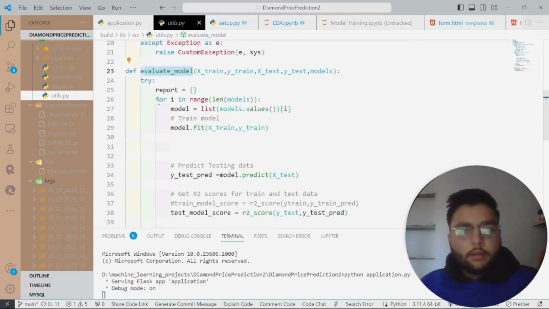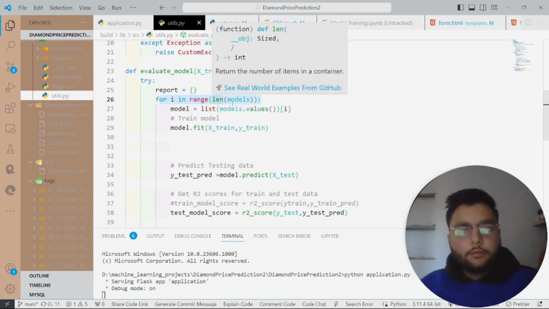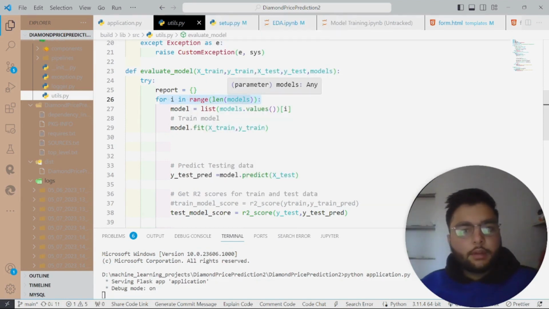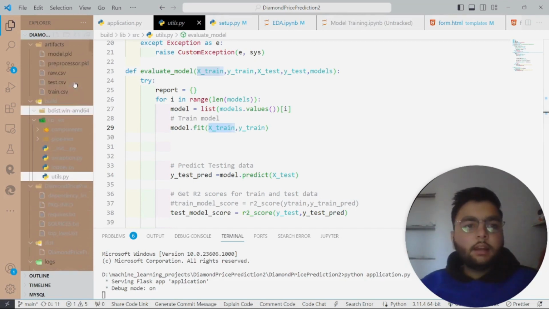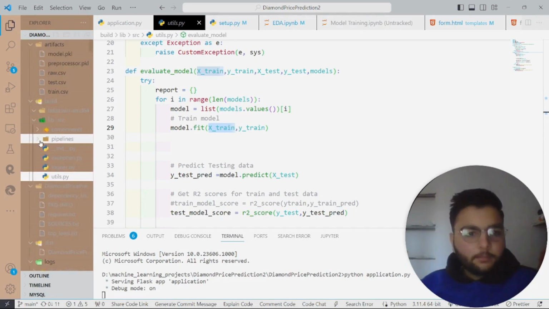With the help of a for loop, I have gone through the length of the models by using for i in range. Then I have converted this into a list, and that list is stored in model. After that, I have used the fit parameter with x train and y train. Now these x train and y train are the two variables which we earlier declared, which are independent.